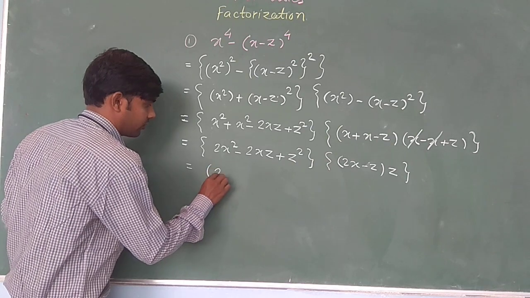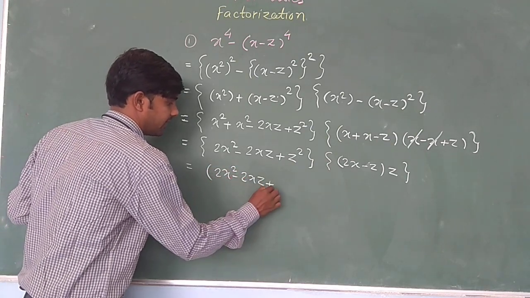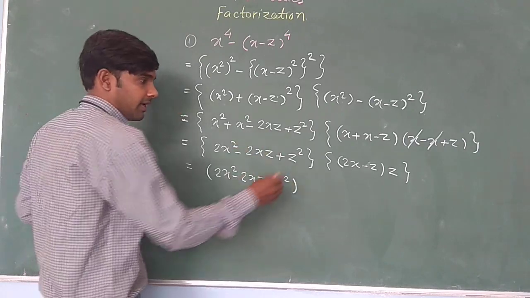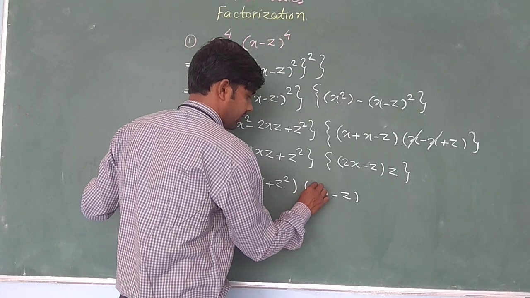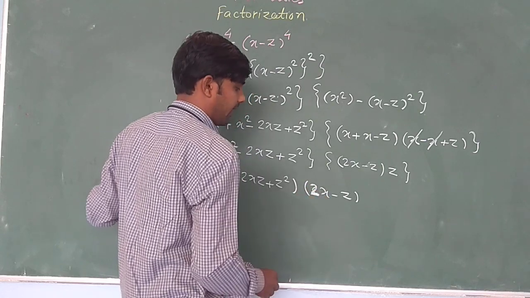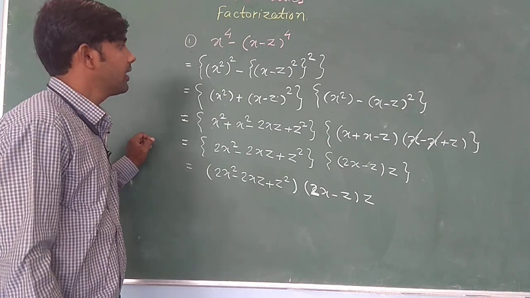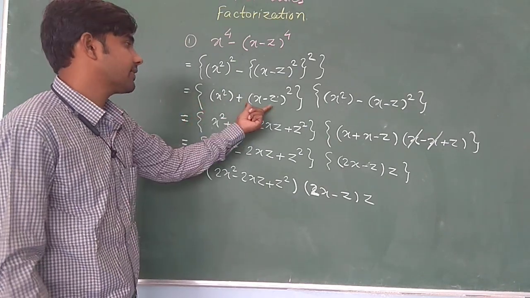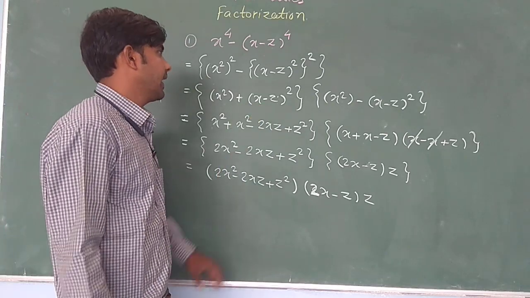First factor is 2x square minus 2xz plus z square. Second factor is 2x minus z. This is 2x minus z and z. Got it? So we use here the second identity and expand the given x minus z bracket square, and at the